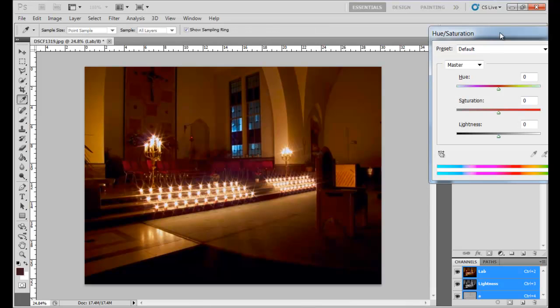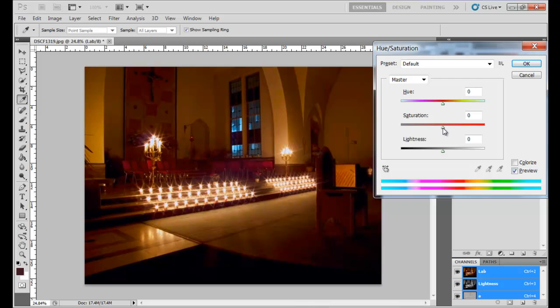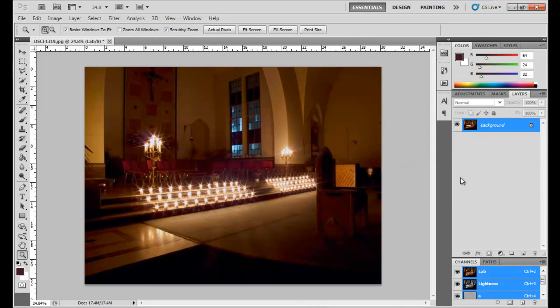and I'm going to bring back the saturation slightly because that is a wee bit too much, somewhere about there. Looks okay, and OK it. If you look at that, it's starting to look really good. Nice colour, nice and warm. That was sort of the way it actually looked on the night when I took that photograph. Now, bearing in mind that was taken at 1600 ISO, it looks quite good,